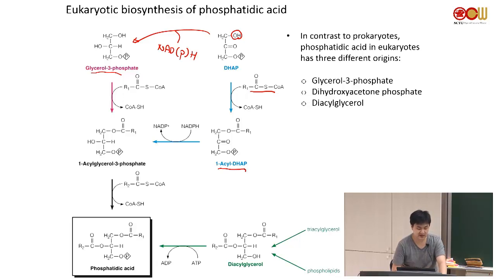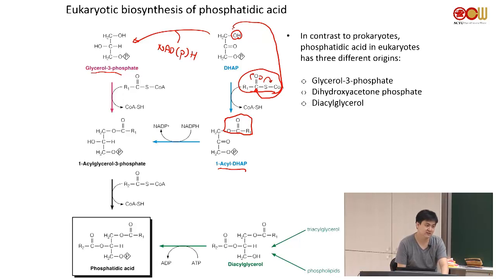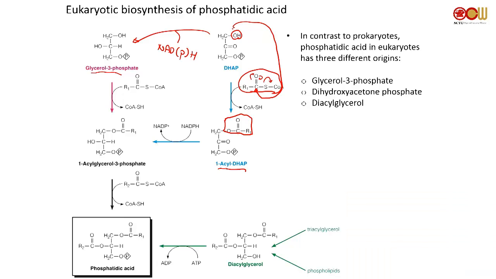Add 1 tail here. So I take this piece, and this OH attacks the carbon, and the CoA leaves. So always, if you want to react an alcohol with an activated fatty acid, the mechanism is like this, because your oxygen has a lone pair. The lone pair attacks the carbonyl center, and then blah blah blah, and then you get this. Once you have the 1-acyl DHAP,